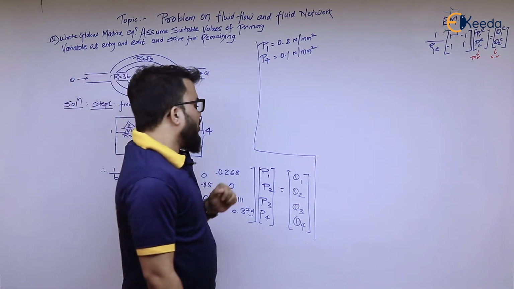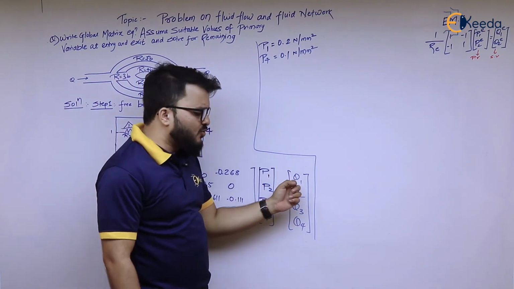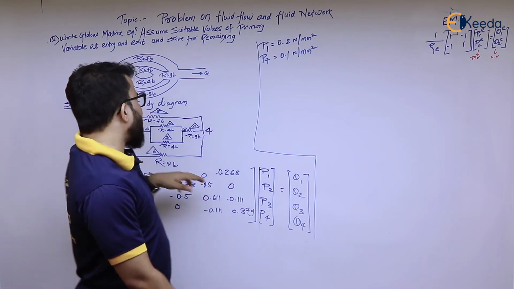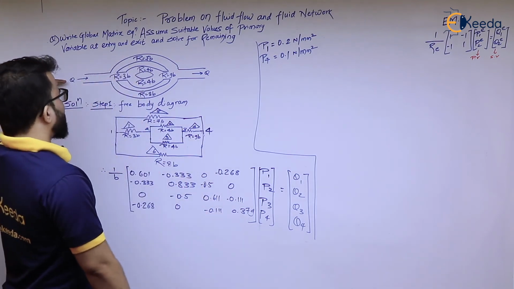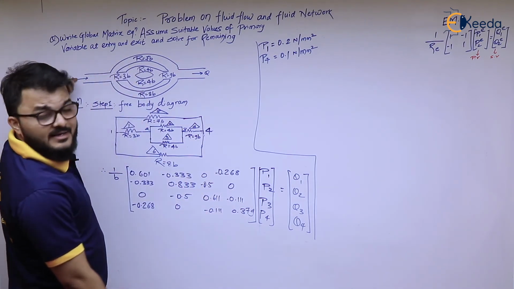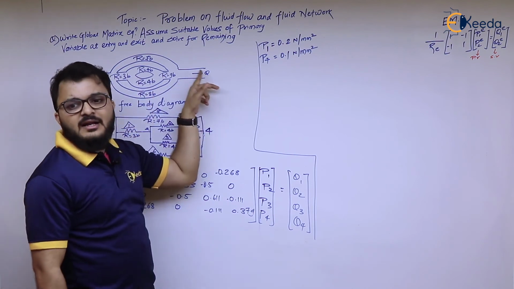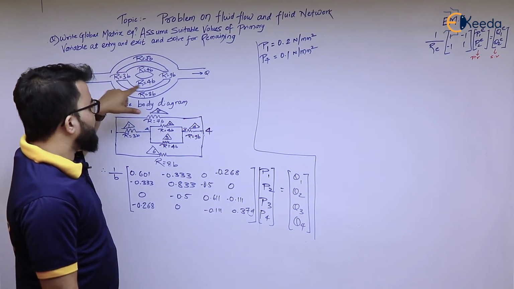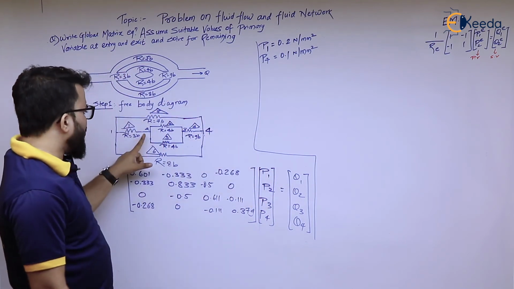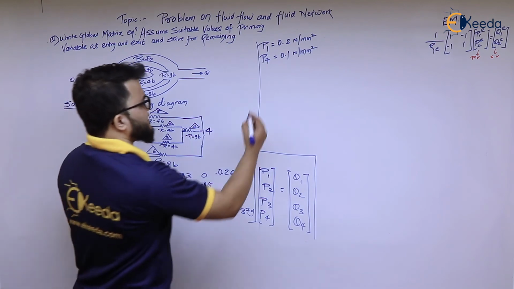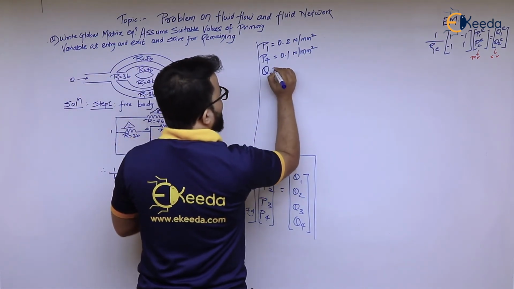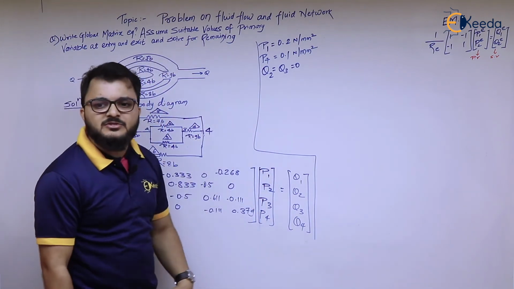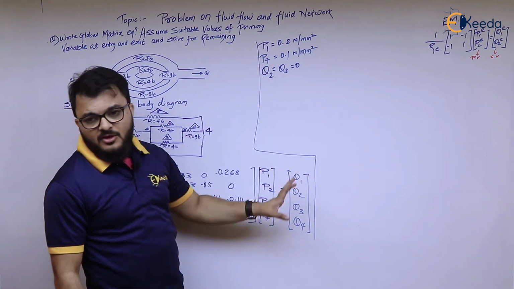Okay, so now this is Q1, Q2, Q3 and Q4. This is the rate of flow at the entrance and this is the rate of flow at the exit level. For balancing that equation, the rate of flow between 2 and 3 will be 0. So I am assuming that Q2 and Q3 are equal to 0 for balancing purposes. Okay, I will put all these values in this matrix.